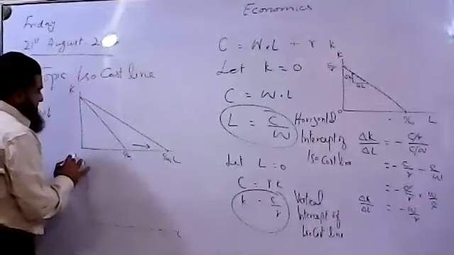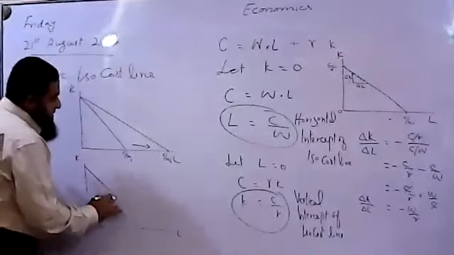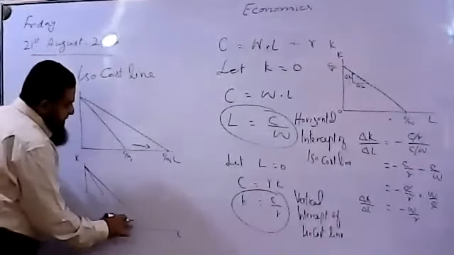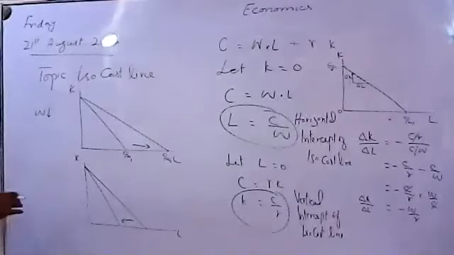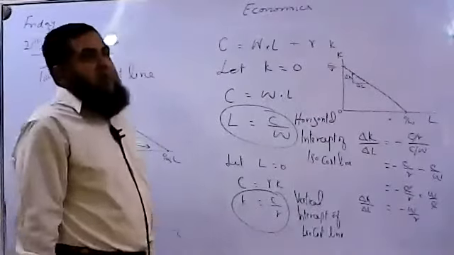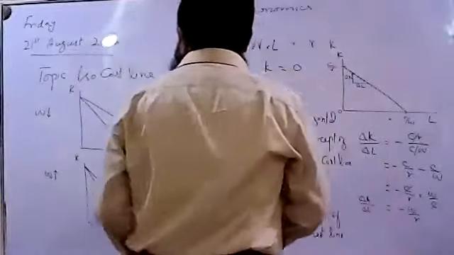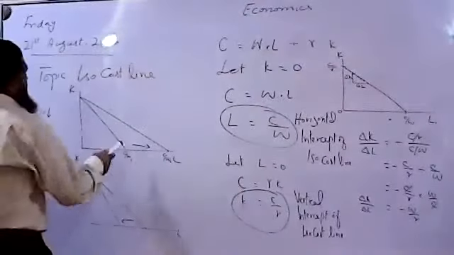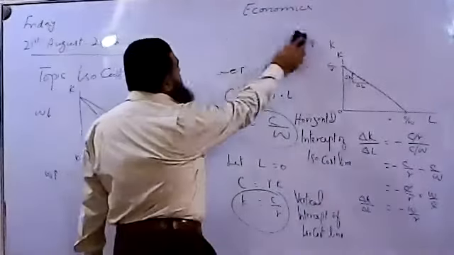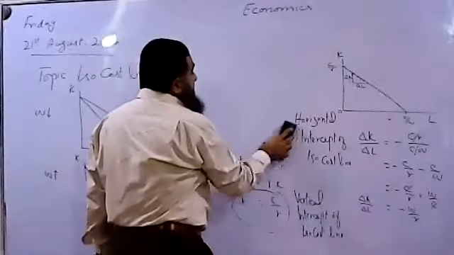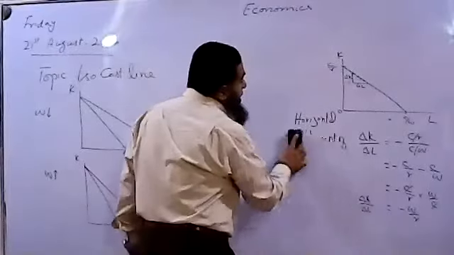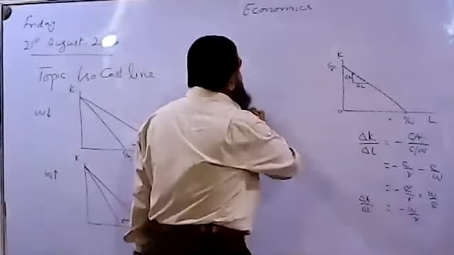And what happens when wages are going to increase? When wages are going to increase, the inverse will happen. Now isocost line will be having inward rotation. Now wages are increasing, less number of workers will be employed by the producers. So this is how, when wages are changing, isocost line will be changing. And what happens when capital is going to change? When we say the rate of interest on capital employed is changing.